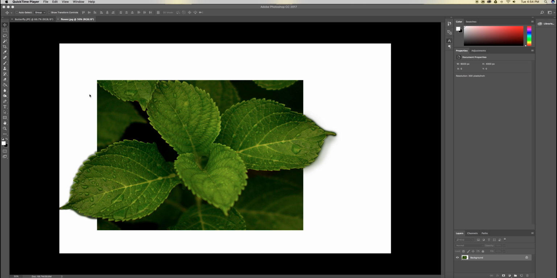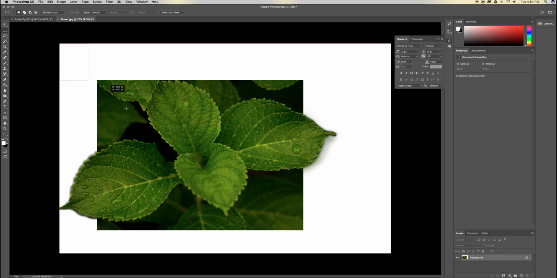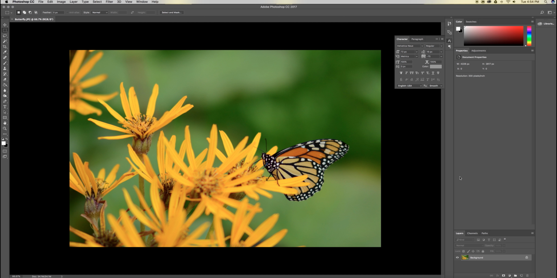Alright, so today I'm going to show you how to do this layover effect with flowers. I'm going to do one with a butterfly, but it's just the layover on a white background. So I opened up another one. It's a butterfly picture, and we're going to get a few of the tips of the petals and the butterfly